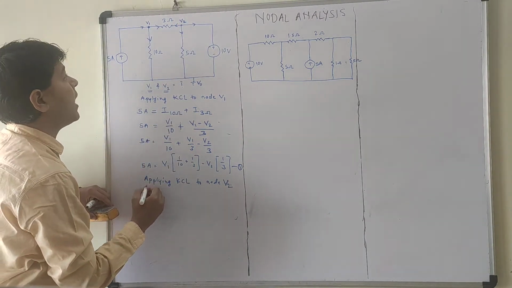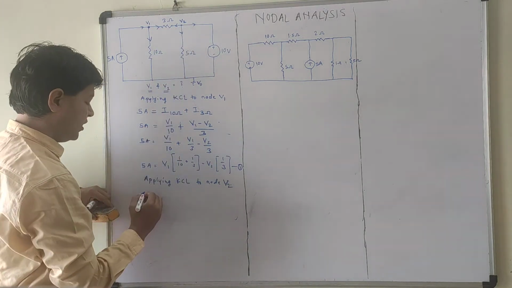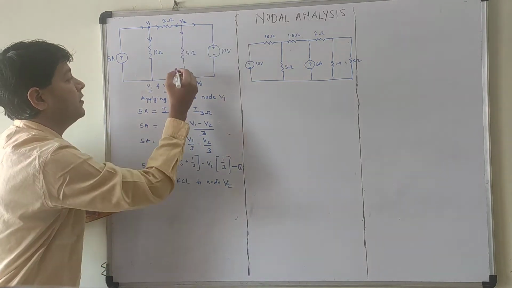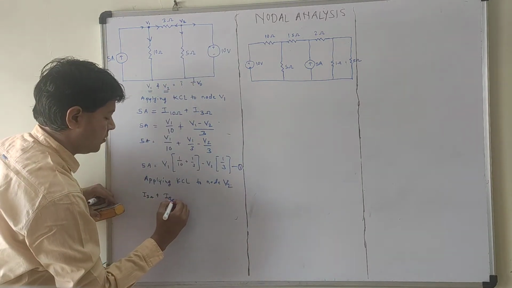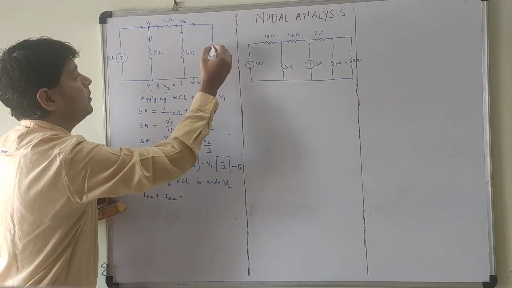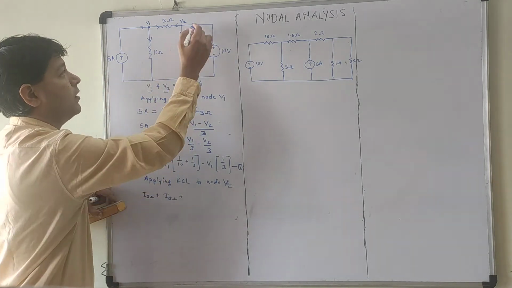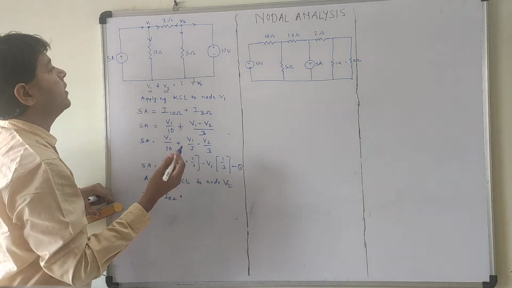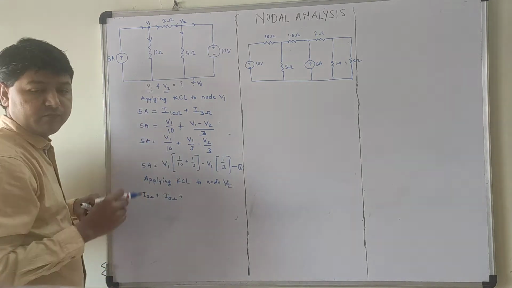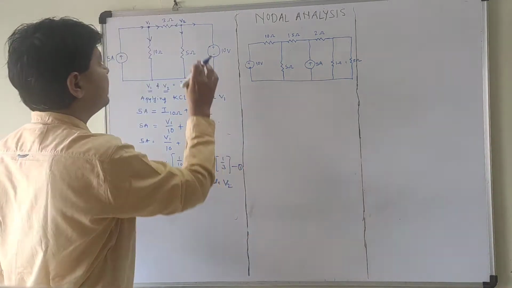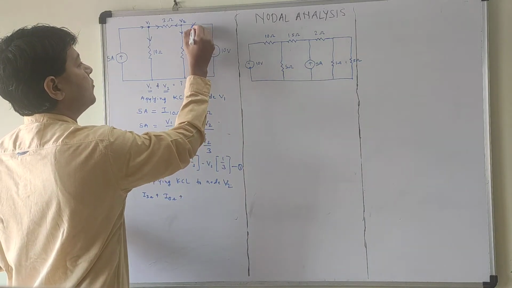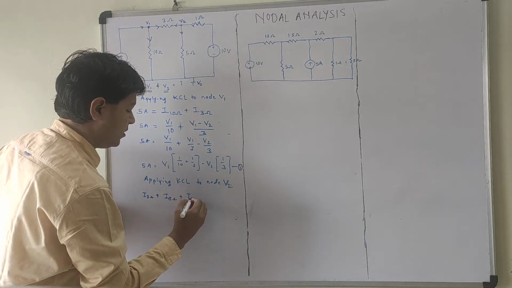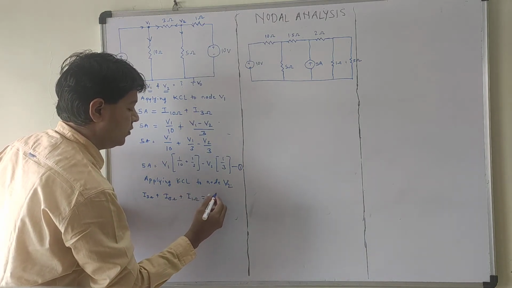So it is given by I3 ohm, plus this current is given by I5 ohm, plus there is no current source resistor here. I consider a resistor here of 1 ohm. So I1 ohm is equal to 0.